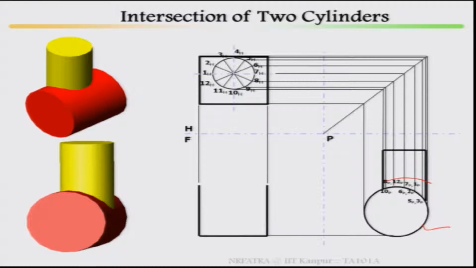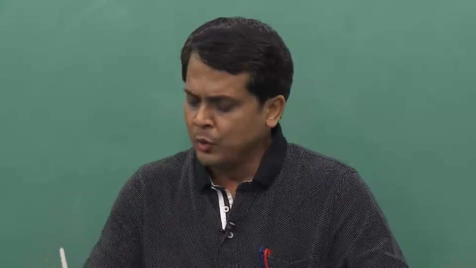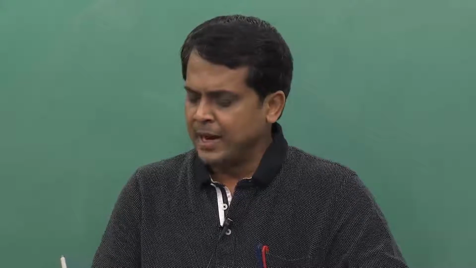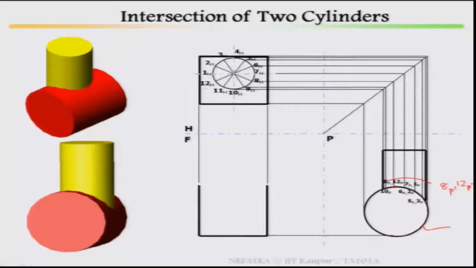So, this is point 10, and this point 10 will come here, and it will be marked 10. Now 8 and 12 will be here; this point will be 8. Name it this way: 8 P prime, 12 P prime. What does it mean? Points 8 and 12 in the top view are projected back to your profile view, which is why it is P for profile: 8 P prime, 12 P prime. Here it is 12 H, 12 in the horizontal view.